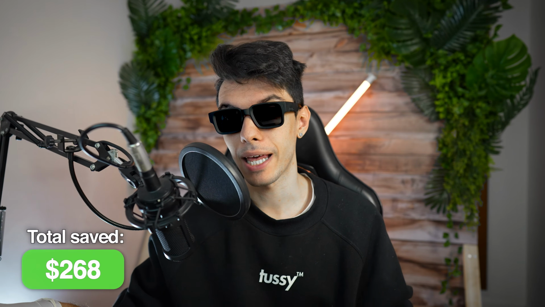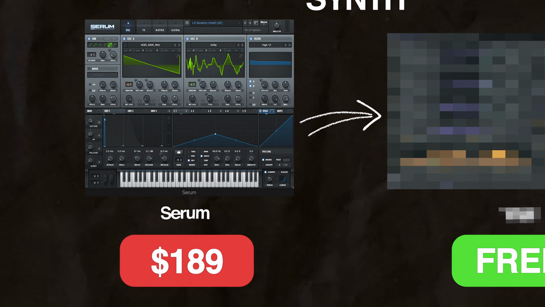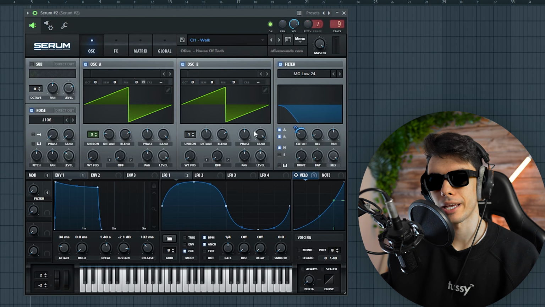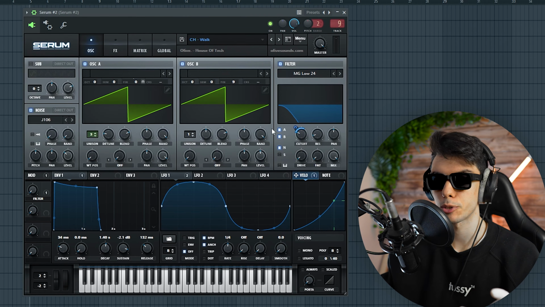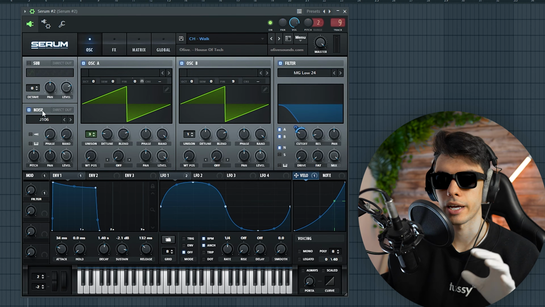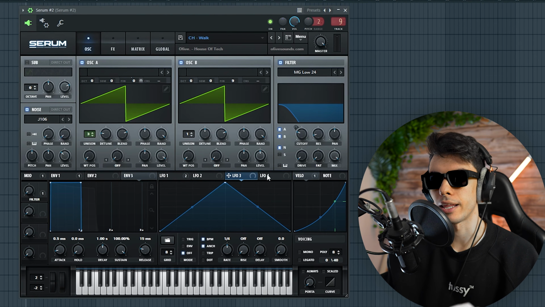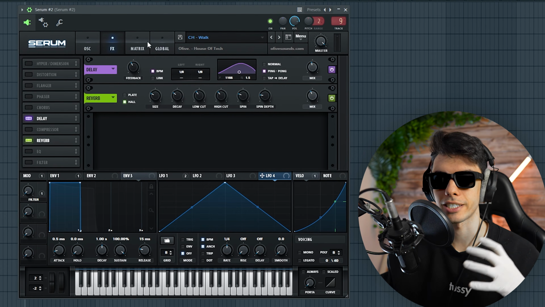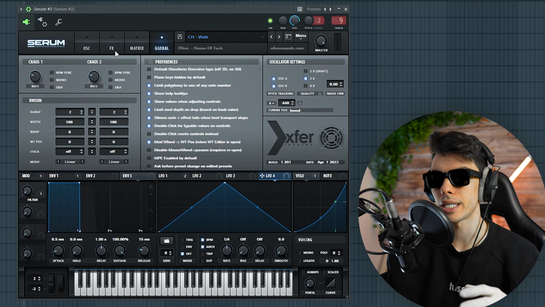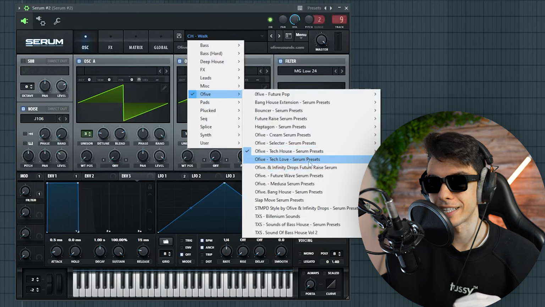One of my favorite plugins of this list is Serum. In terms of sound design, it's clearly winning the game, but the price of this plugin is $189. I love this plugin for sound design because of all of the options that it has: 2 oscillators, filter section, sub section, and noise section, 3 different envelopes, and 4 different LFOs on all the sections such as effects, the matrix, and global. And it's one of the most popular for finding interesting sounds, like all of the packs that you have for